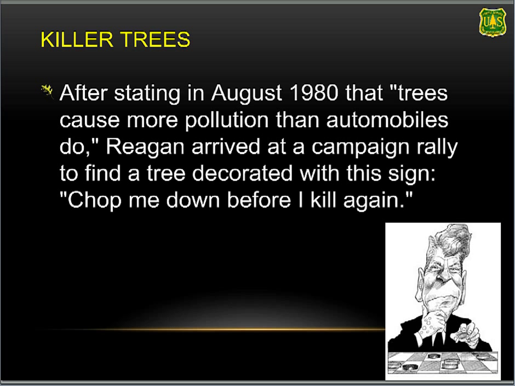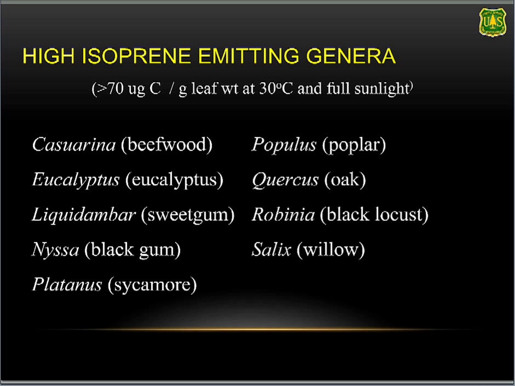Paints have volatile organics. If you mix volatile organics with nitrogen, you tend to get ozone. It's this process of formation. This is why Ronald Reagan had that quote about killer trees and things like that. Trees do emit volatile organics. They do. Some species have very low emissions. Some species are very high emitters of isoprene and other chemicals.